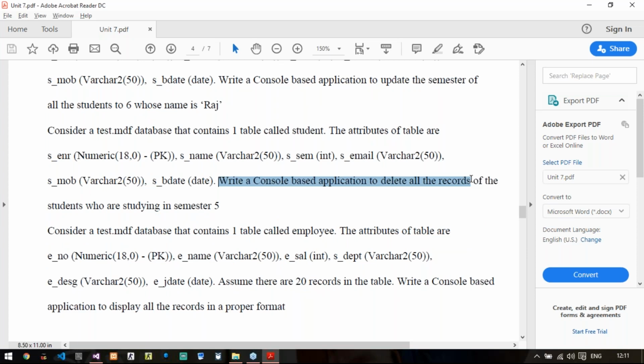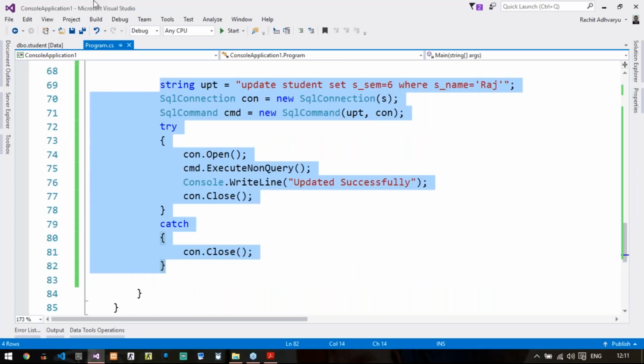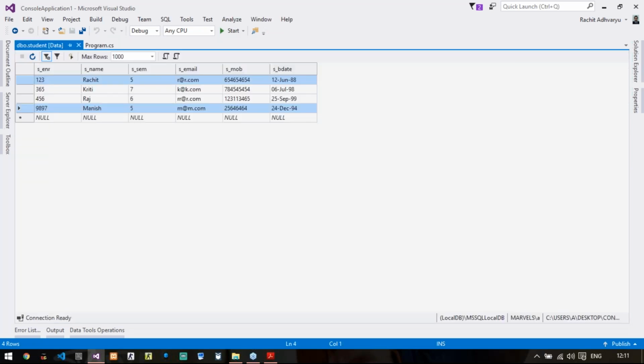So we need to delete these 2 rows. So what I will do is, I will again copy this and comment this part and move on to the delete part. So again, we don't have any inputs or outputs, so we will just write the query.